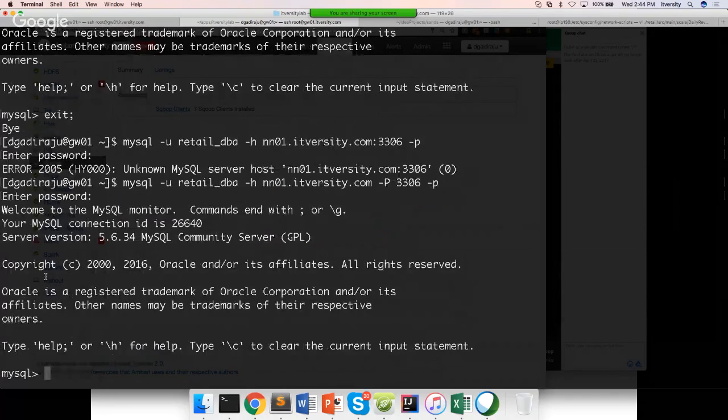Yeah. So -P is for port. If you don't specify, if it is default, you don't need to specify. But if it is running on a different port, you have to specify the port number also. Okay. Now MySQL is a multi-tenant database, which means that you have MySQL software installed on a server, and then